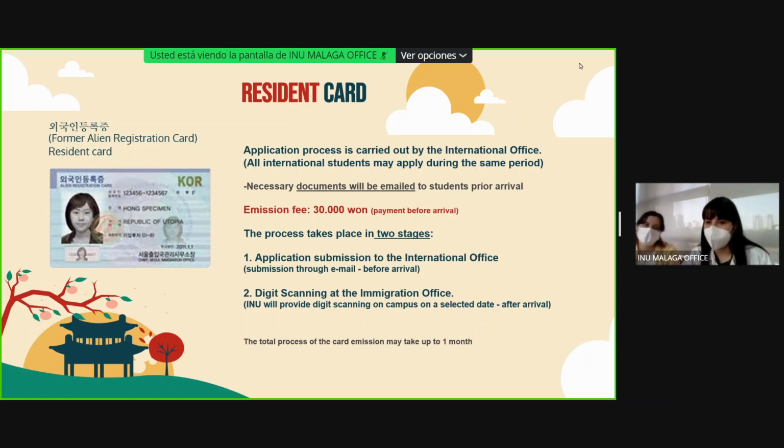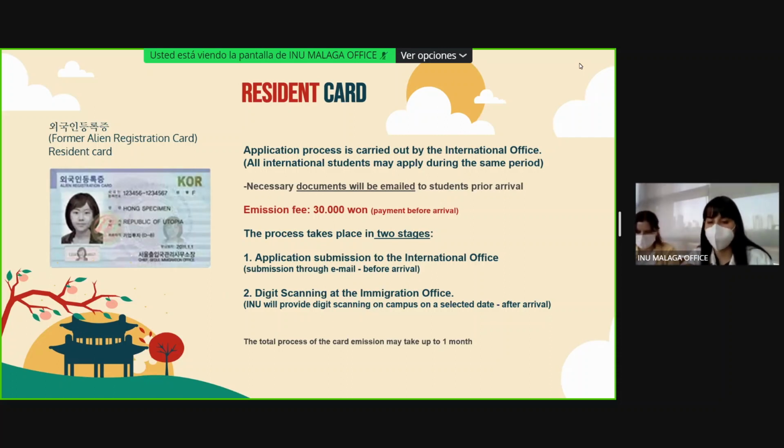And there are two stages after you submit your documents back to the university. The first one is the application submission to the international office, which you might do through email before arriving in Korea. The second one is the digit scanning at the immigration office, and our school will provide digit scanning on campus, where people will be brought, so you don't have to go to the immigration office by yourself.